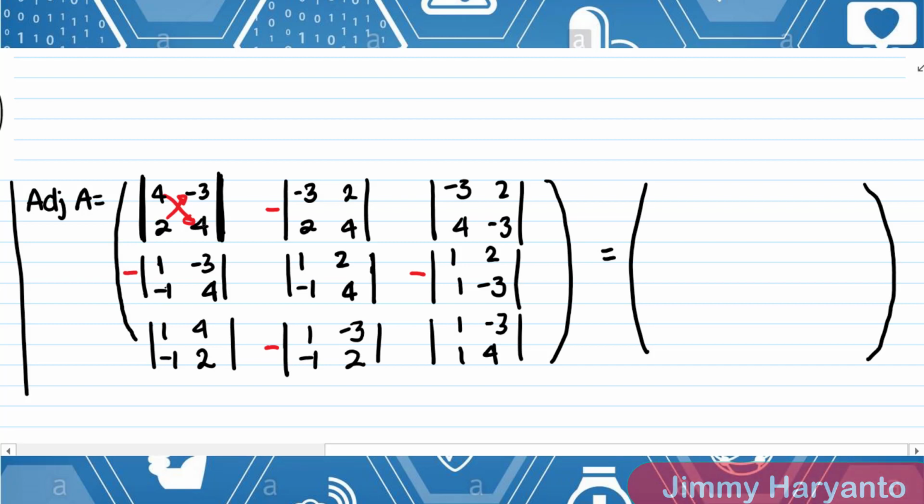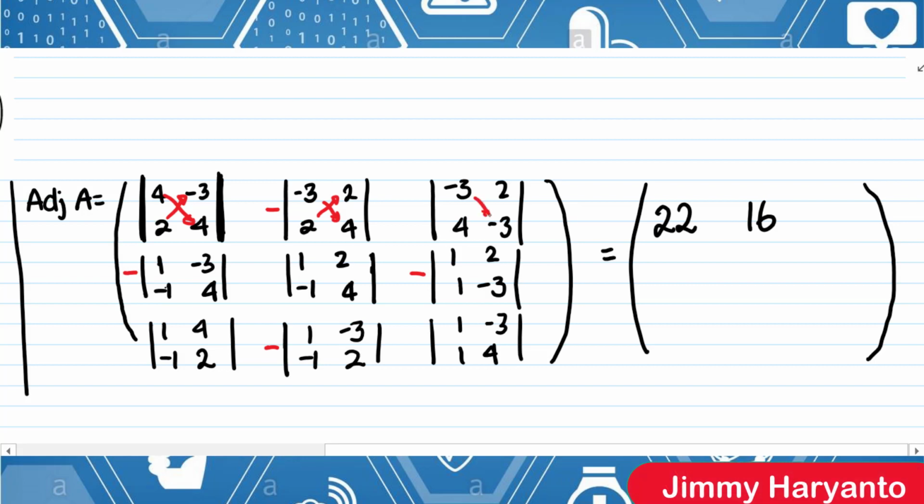Okay, the determinant for the first one is 16 minus 6 equals to 22. So we have 22 for the first element. And then for the second element, you will have negative 12. This one, negative 12 minus 8. Negative 12 minus 4, negative 16. But we have minus again, negative sign in the front of the bracket. So if we get negative 16, that means we have to write 16.